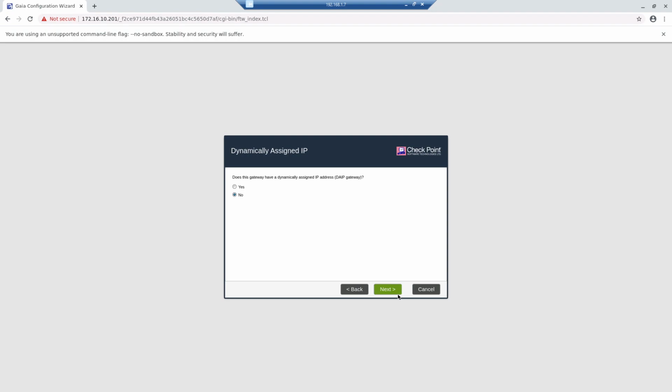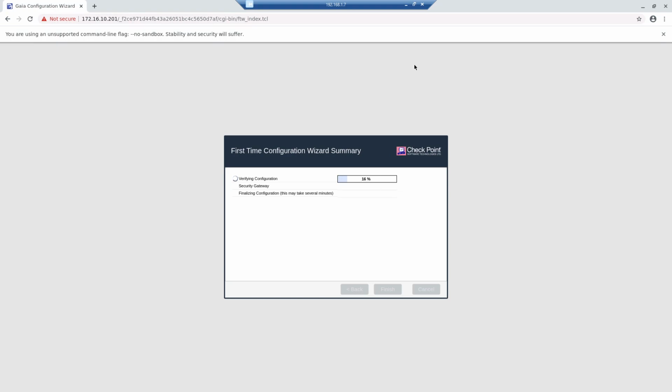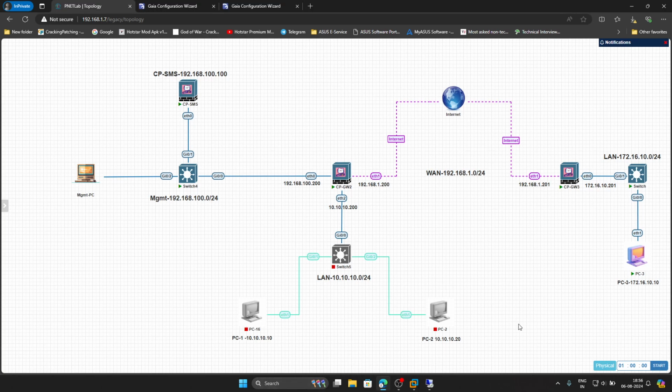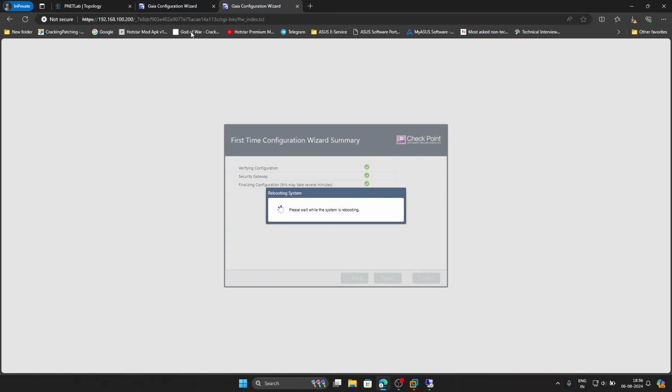Select next option. Next option, use an activation key for adding our second gateway in SMS. So we have to configure the activation key. I'm going to use the same admin@321 as our first gateway. You can use a different one, but I am using the same so I remember the password. Next, untick this option, finish, yes, and our gateway starts installation. So guys, this is our basic configuration we have to do. After the basic configuration, I'm going to show you